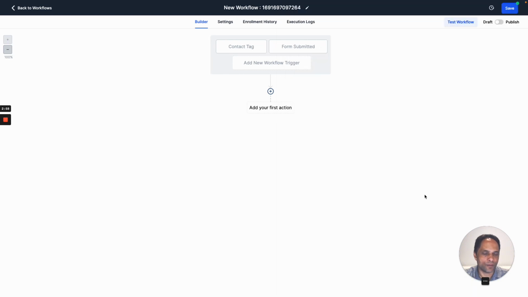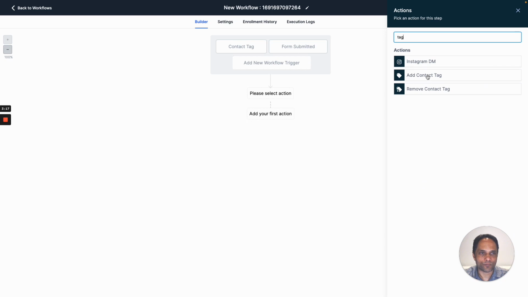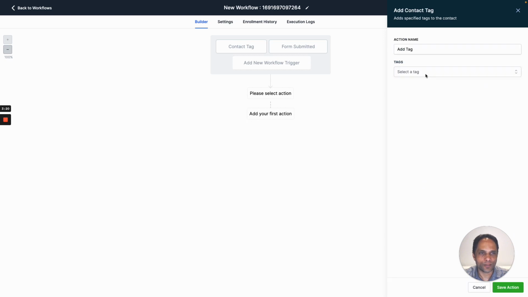Now this workflow will be triggered, will start flowing, when someone adds a tag, and that tag could be that they're an attorney, or they submit the form for the VMM worksheet. It's a lead magnet that I have. So what are we going to do? Well, there's a whole bunch of things we can do. One of the things we can do is add a tag. So we add a tag to that person